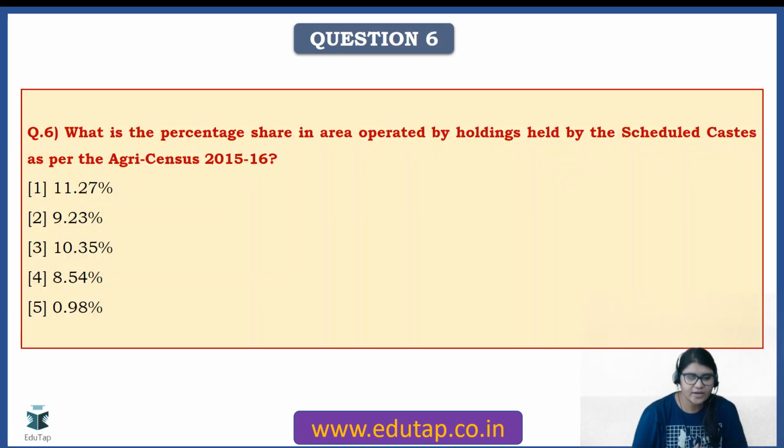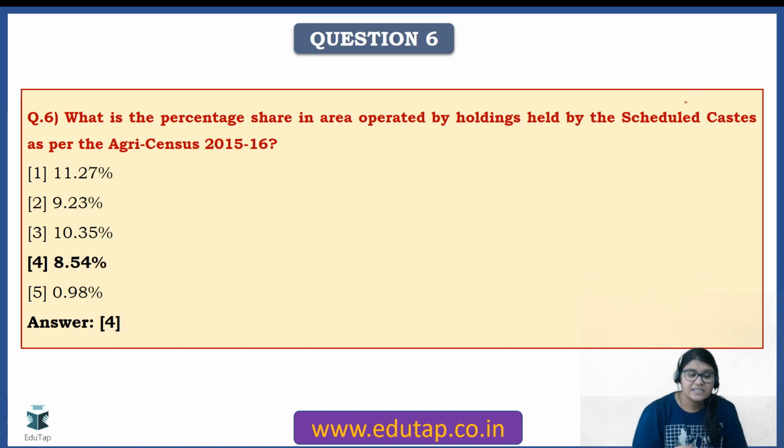Moving on to the sixth question, what is the percentage share in area operated by holdings held by scheduled castes as per Agri Census 2015-16? The same thing as I told you. When you talk about operational holding, two things you need to keep in mind. One is the number of operational holdings, the other is the area occupied by that operational holding. So here we are talking about area, but we are catering to the same social group that we saw in the previous question. The answer for this particular question,